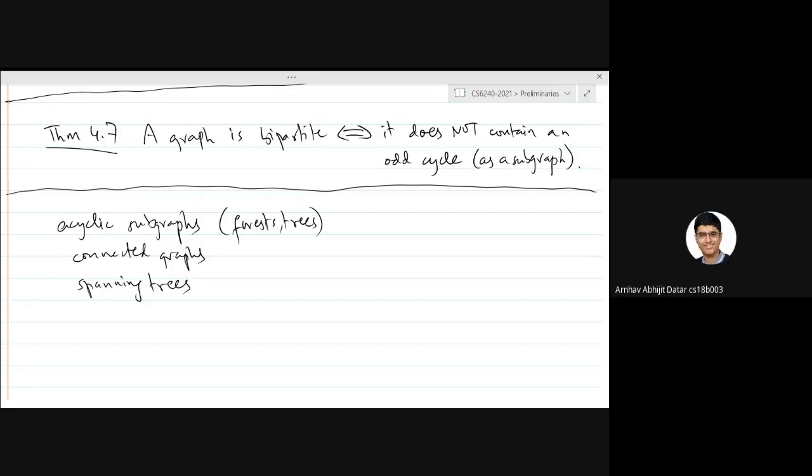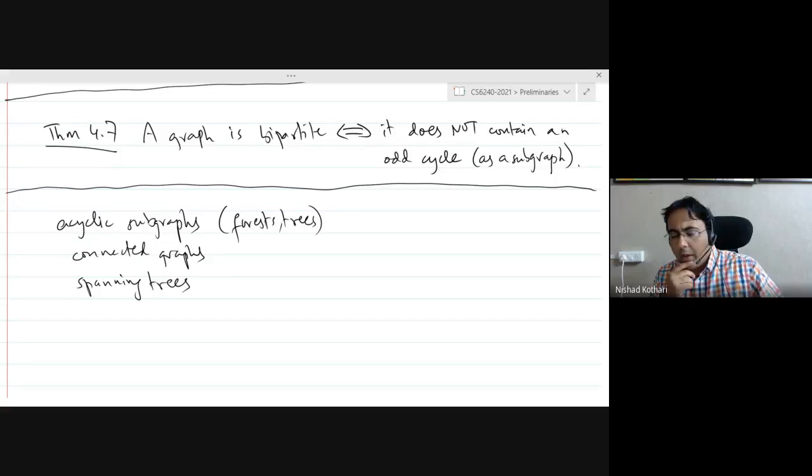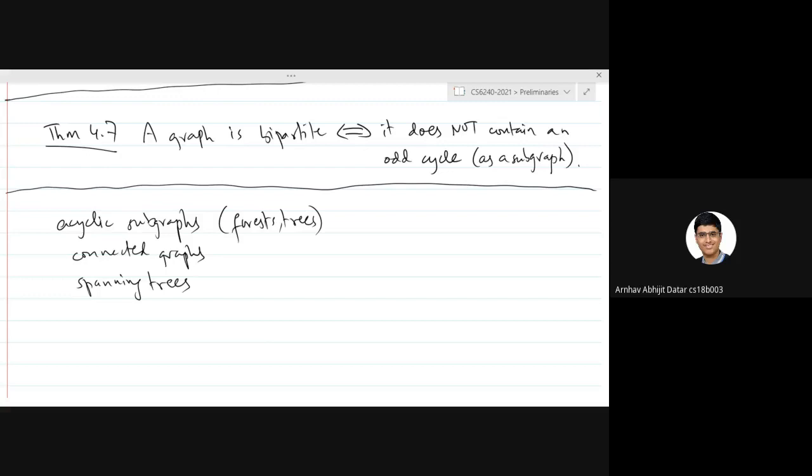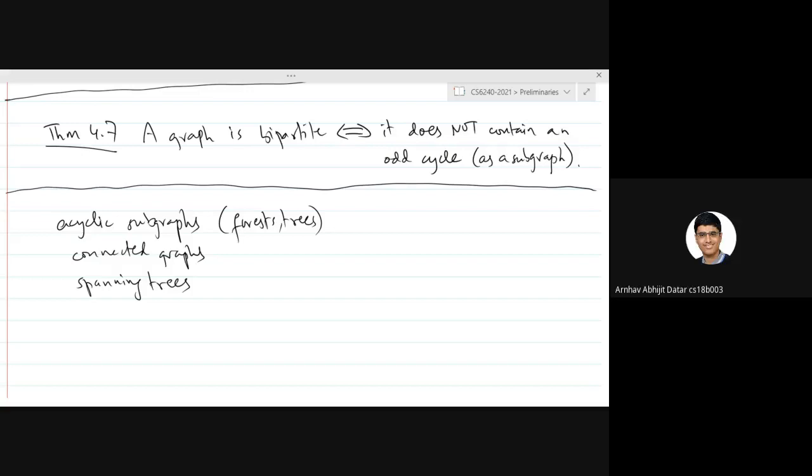Sir, I'm not sure if this was discussed yesterday. I heard that you may conduct an endsem if the class strength increases. Yeah, but can I just know if it will be online or offline by any chance? Well, my understanding is that the semester is online. So if the semester is going to be completely online, then the exam will also be online. It will be a take-home exam, with 48 to 72 hours to complete it. Okay, thank you.